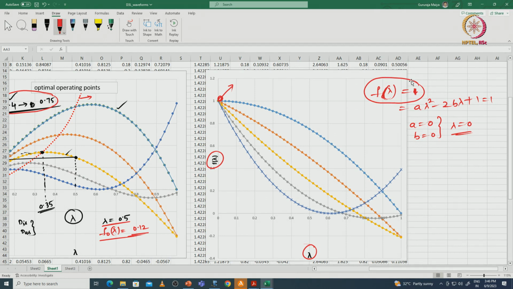At this situation, f of lambda equals 1 means lambda equals 0, then from the slot area equation,